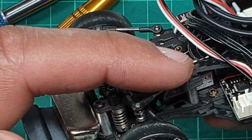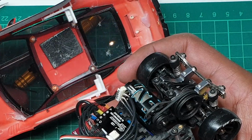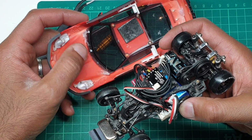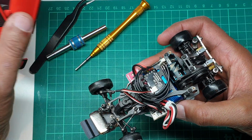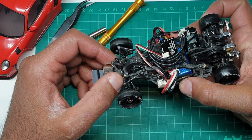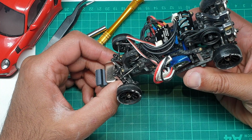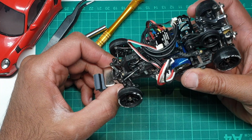And also because of this arm here, you're going to have issues with Mini Z shells hitting the underside of the bonnets. Now certain shells are better than others, but the ones I thought would be okay, like my Audi R8, were a problem. So fortunately the car itself does have a solution for this on the whole